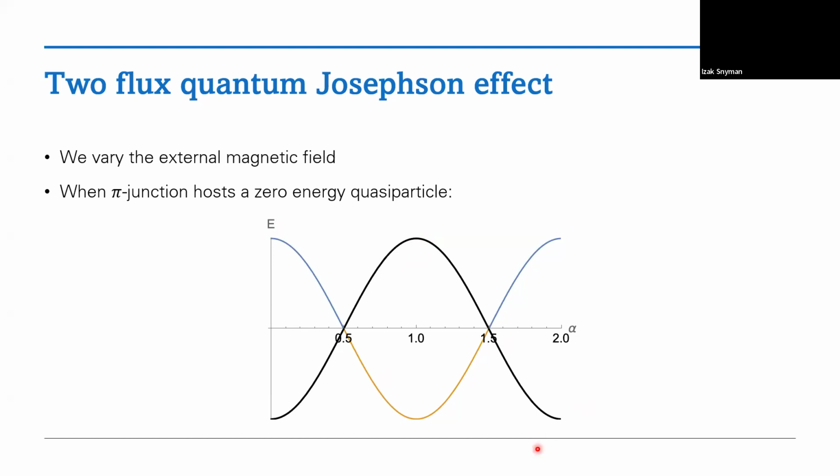So that means that if you look at the Josephson current, it's not going to have a periodicity of one flux quantum, but of two flux quanta. If you somehow lost this zero energy particle, then you're going to be back to one flux quantum periodicity. So that was the proposal for detecting